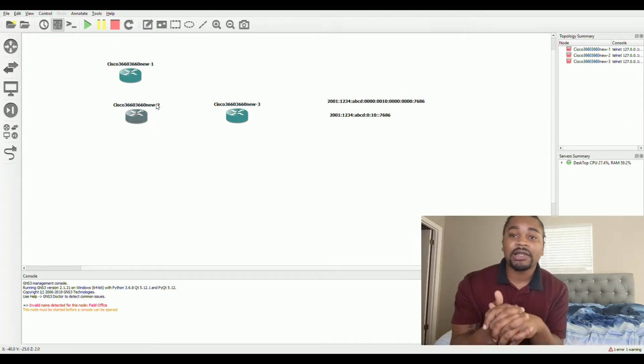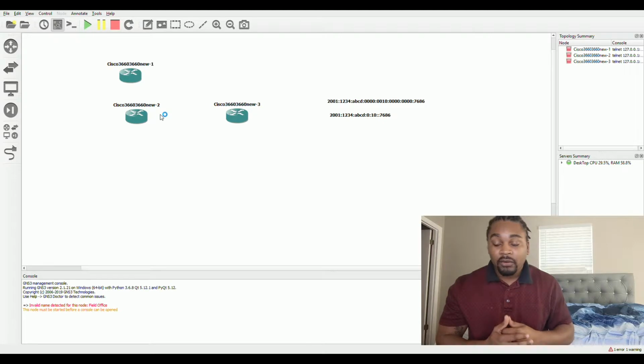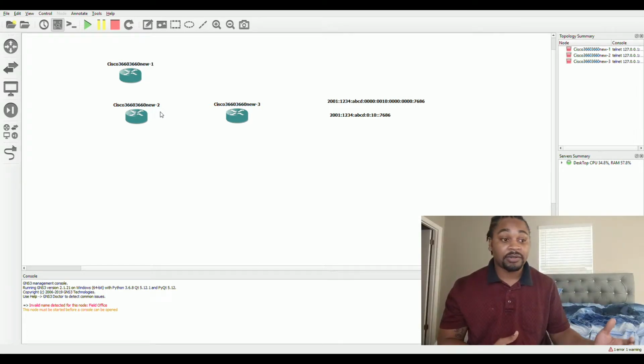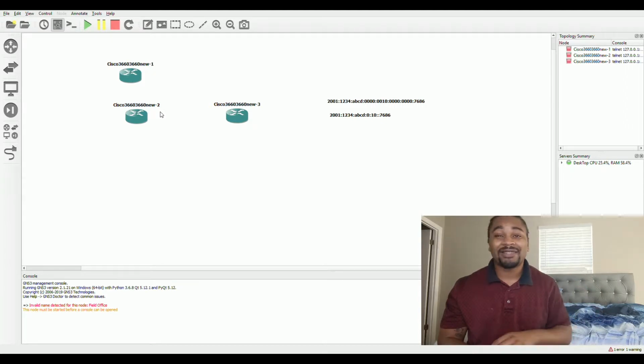Auto configuration is a mixture of a couple of different ways to put together an IPv6 address. It uses DHCP, so it's very similar to DHCP. It learns its prefix from a router or whatever connected device, and it gets the DNS from DHCP and so on and so forth. Whereas